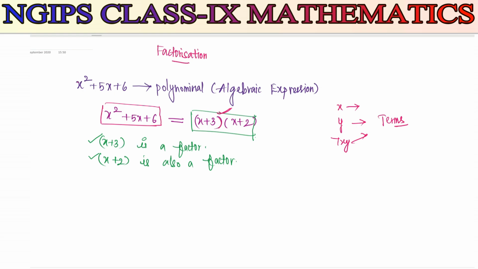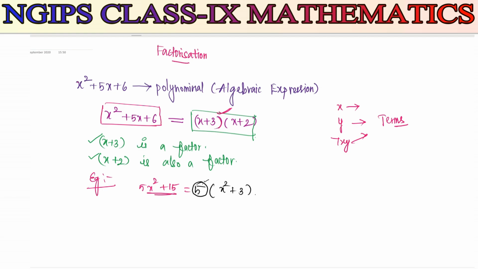Okay, now I am going to give an example here. 5x square plus 15. From this I can take 5 as common. When you take 5 as common, the leftover is x square plus 3. So we can say here 5 is a term, or you can use the brackets also, multiplied together. Always the sign in between the factors has to be multiplication. So this we call factorization. Factorization is the reverse of multiplication. When you multiply the factors, we get back the polynomial.